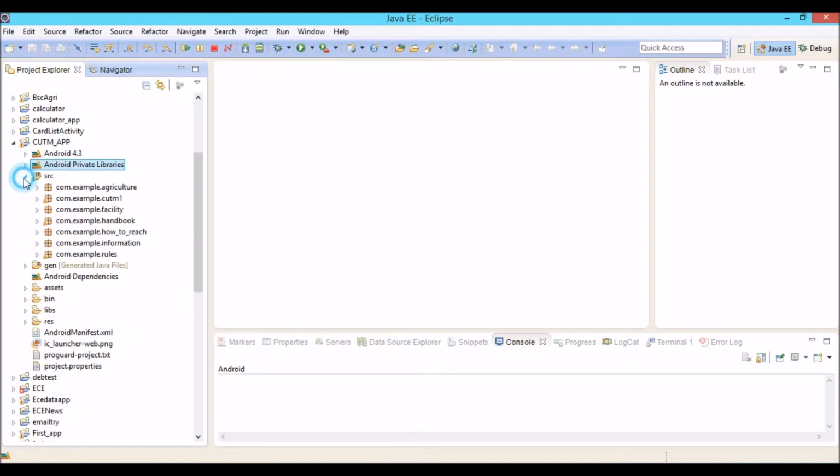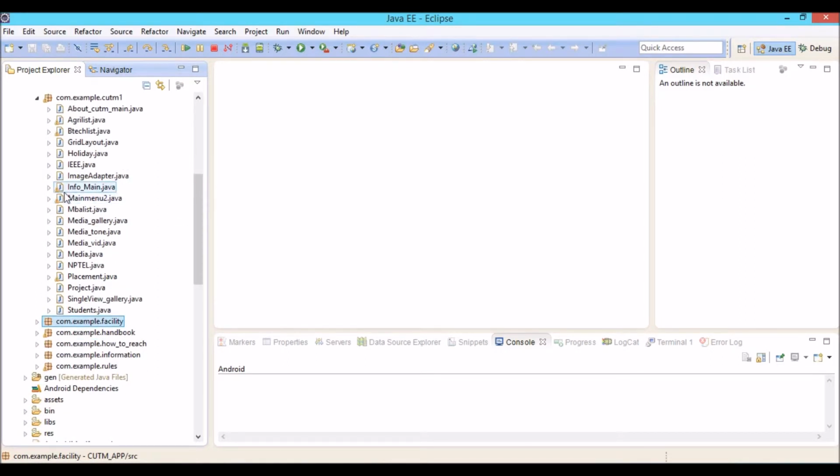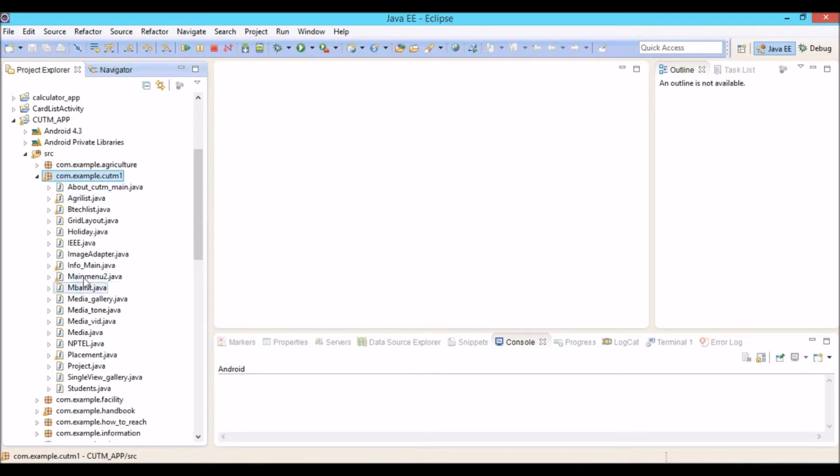And coming next, this is the source folder. The source folder contains all those packages. These are common packages. A package contains a lot of Java files in it, and all Java files come under a single package, and all those packages come under the main project.